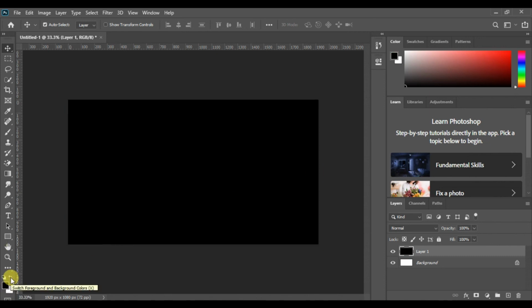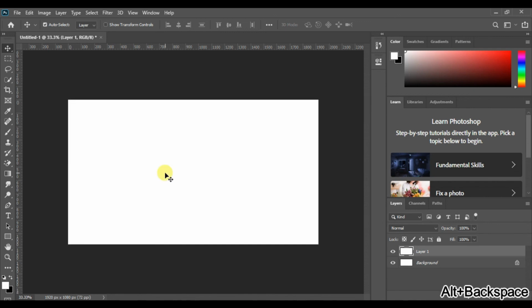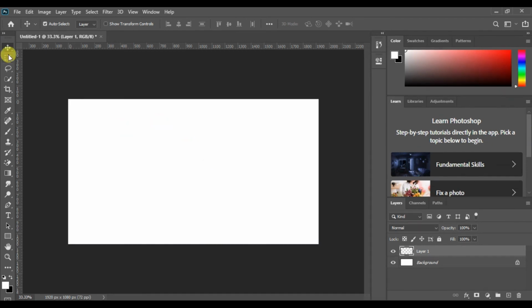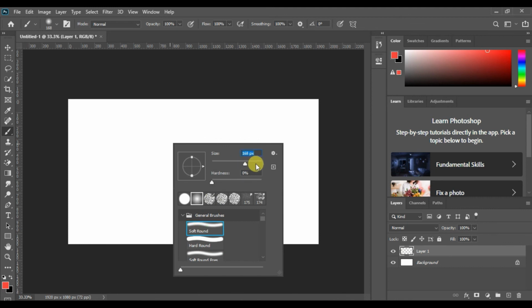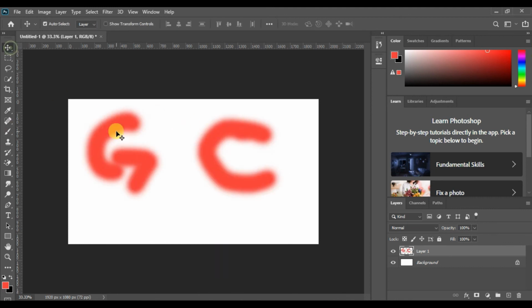Now we are done with the move tool and the marquee tool. One thing, if you want to give your canvas the background color, then press the key Ctrl Backspace, and for the foreground color, Alt Backspace. Now again have a relook at these tools' functions. Do practice them in Photoshop.